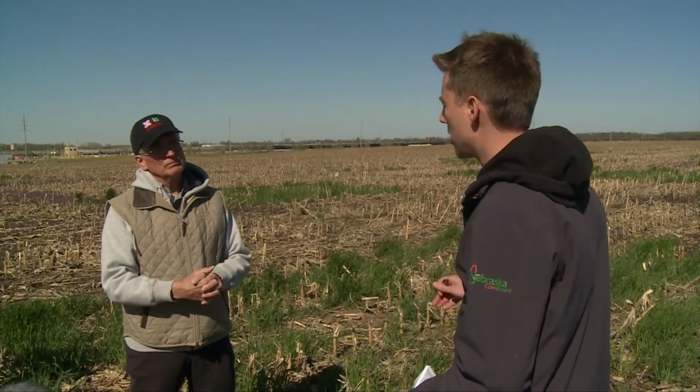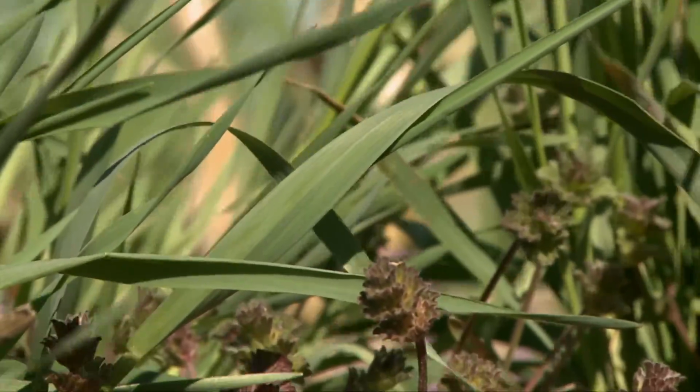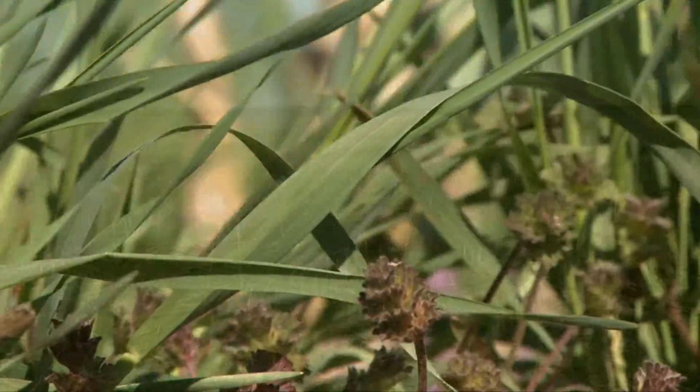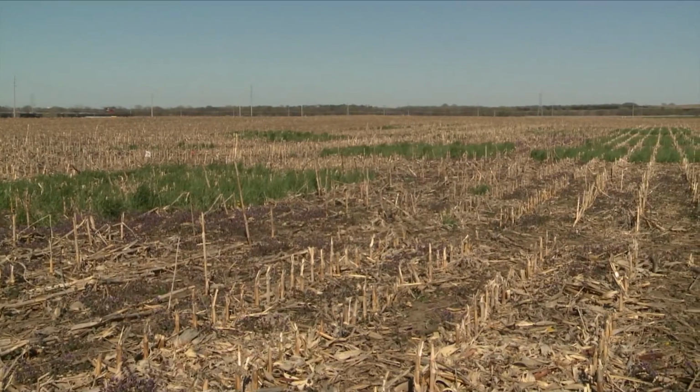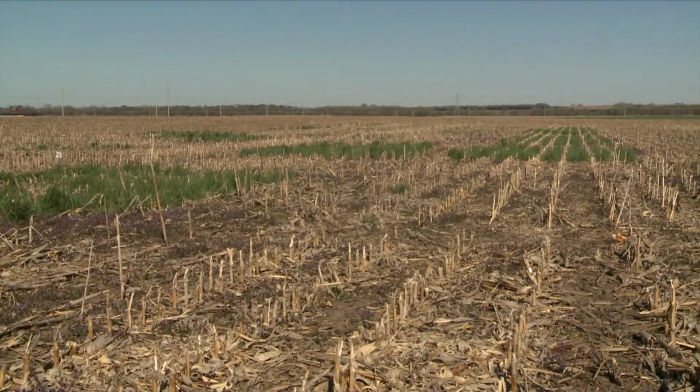Let's talk about this field here in Havelock in Lincoln that's become, as you said, kind of a spin-off to the initial research. Tell me what you're doing and what you're trying to learn. The Corn and Soybean Board allowed us to get started in thinking about cover crops, and you find thousands of questions that revolve around it. One we're trying to study here and at Clay Center: here at Havelock, we have 5 different planting dates of cover crops and 5 different species